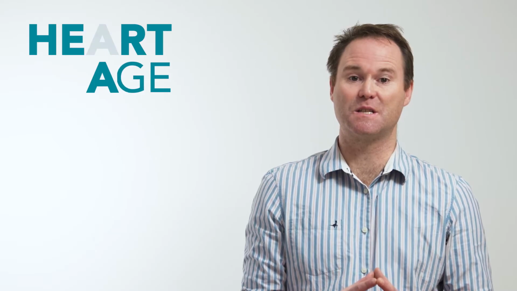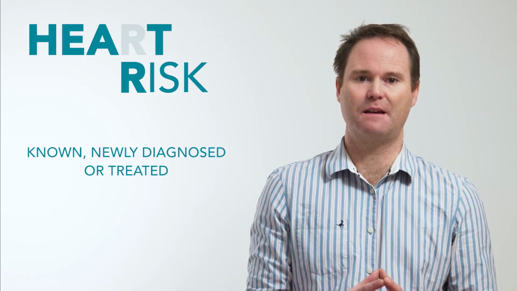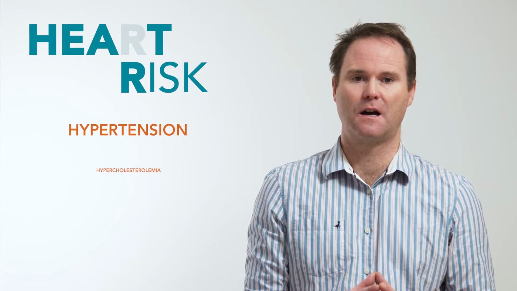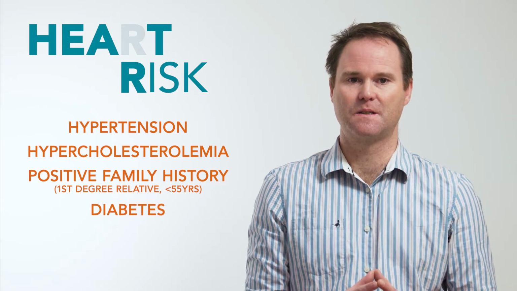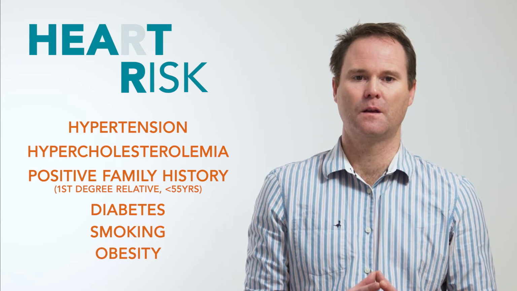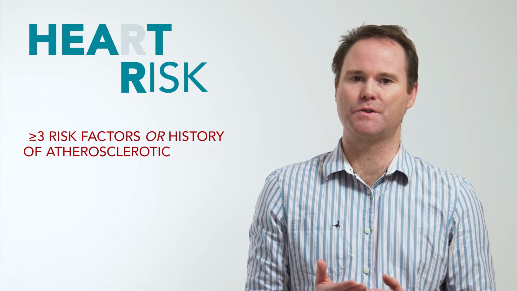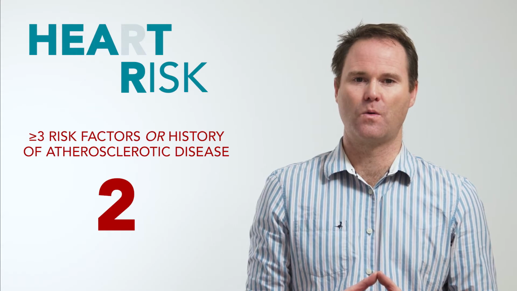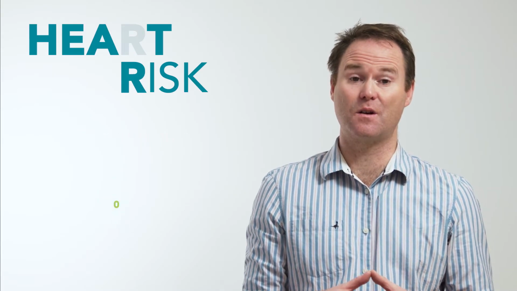The scoring of age is based on cutoff values of 45 and 65 years. The scoring of risk factors is based on the established risk factors for atherosclerosis, namely hypertension, hypercholesterolemia, positive family history, diabetes, smoking, or obesity. When the patient has 3 or more risk factors, or if they have an established history of coronary artery, peripheral vascular disease, or stroke, then 2 points are given. 1 point is given when the patient has 1 or 2 risk factors, and 0 points if there are no